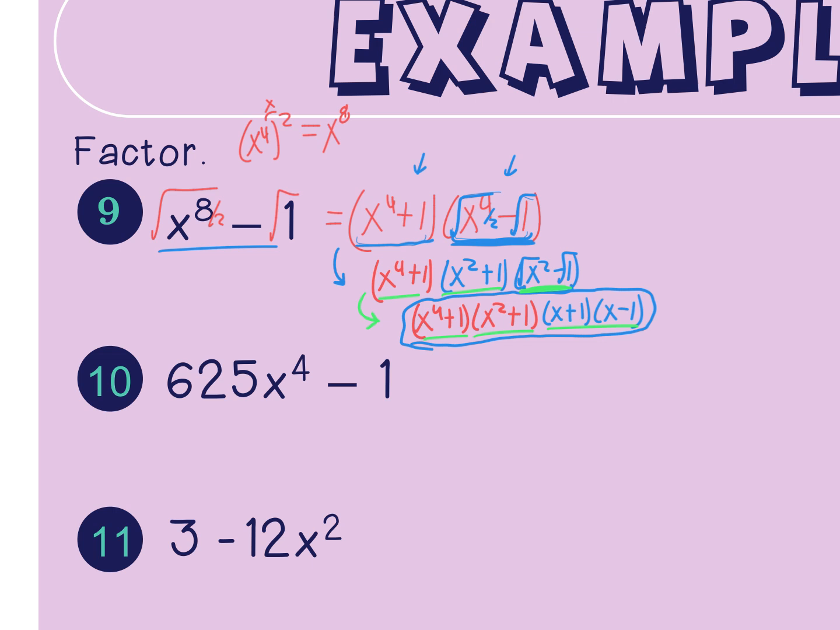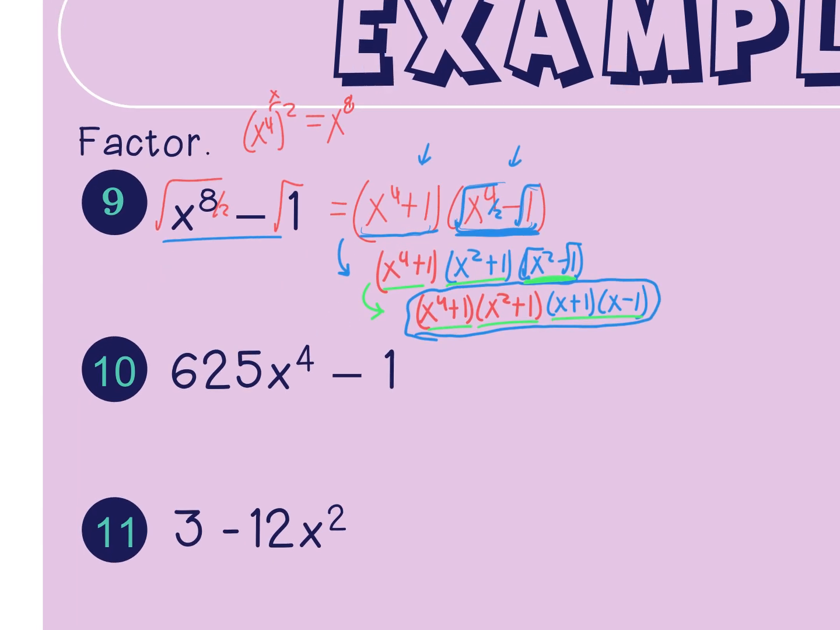Take that logic, apply it to number 10. Number 10, 625 x to the fourth is a perfect square. So I'm going to square root the first, square root 1. Square root of 1 is just 1, and there is a minus in between. So this is going to get me 25x squared plus 1,